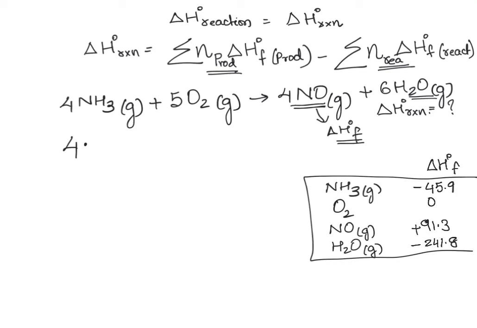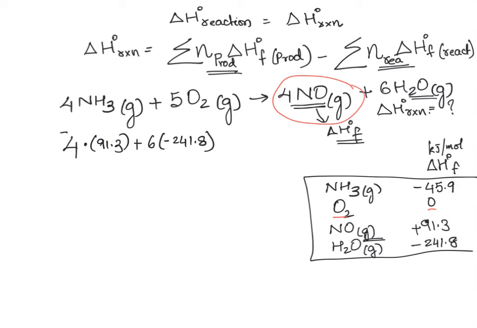Now remember, this state is very important. If this was a solid here, I cannot use it for this compound, because here in this case it's a gas. Why is oxygen 0? Because it's an element. All these are in kilojoules per mole. So 4 times 91.3 plus 6 times negative 241.8, this is the product information